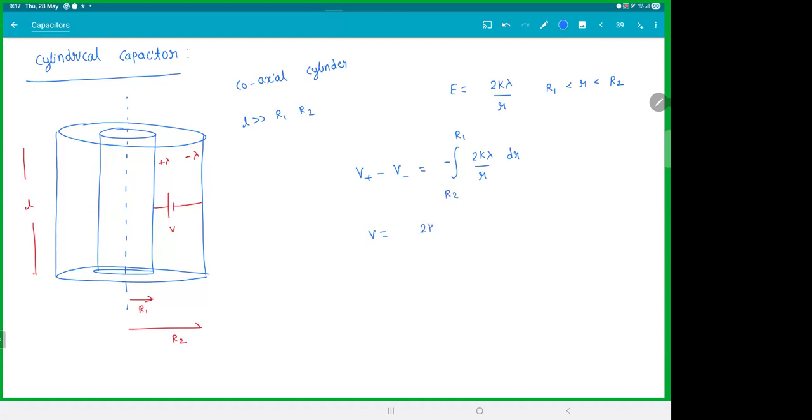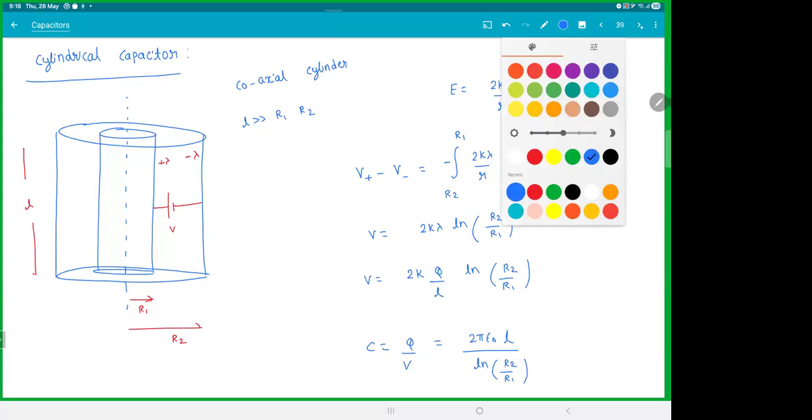This will give you V is equal to 2k lambda ln R2 by R1. Lambda is nothing but Q by L. So if you do Q by V, C, that would be... V is equal to 2k lambda, lambda is Q by L, ln R2 by R1. So capacitance is Q by V. You can just simplify this. It ends up to be 2 pi epsilon L by ln R2 by R1. That's your result. This is the capacitance